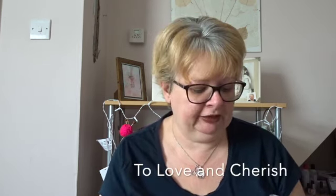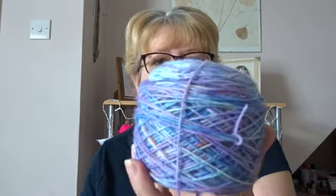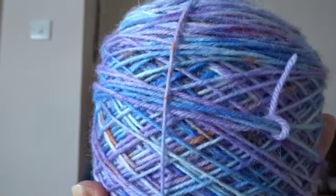is this one here, and this is another pair of socks, and this is the Love and Cherish socks by Craft House Magic, who is the lovely Ellie in her podcast here. So I will show you a picture of it on the front. Excuse the noise. So that's it there. And it's her To Love and Cherish pattern, and it's available on her website, and I'll put a link to her website below. The colourway and the yarn that I'm knitting it in is from Suffolk Socks, and this is her Mama J colourway, which is lovely blues and lilacs,